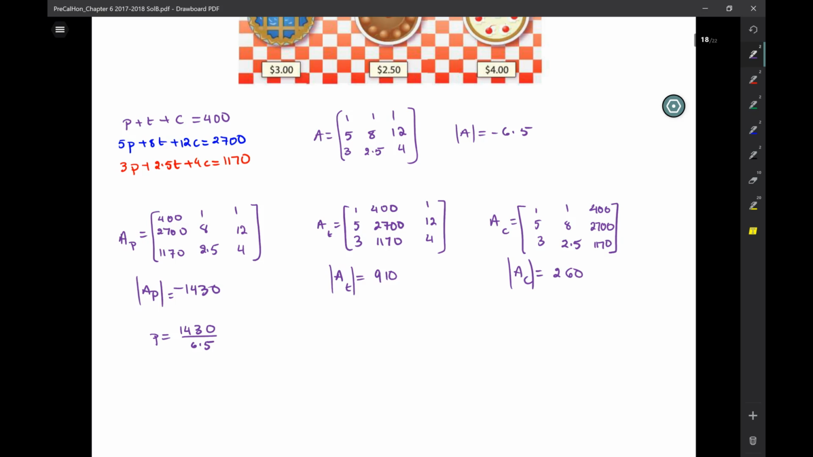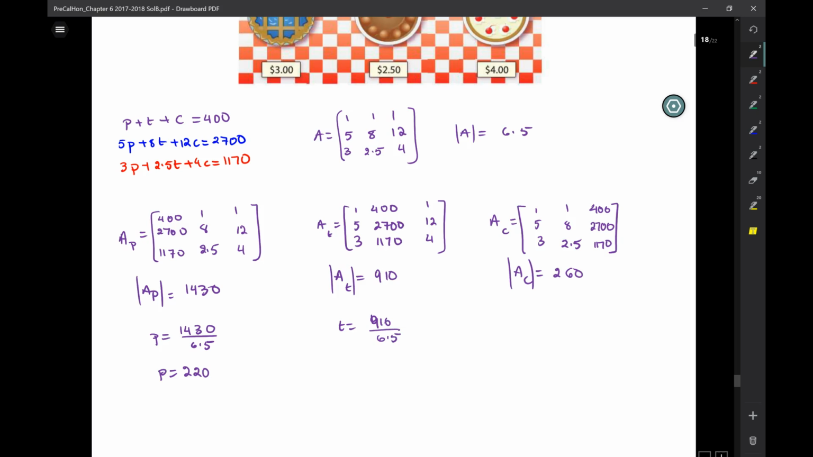Oh. So it would be positive. Then all of these would be positive. Yeah. He had his rows different. The solutions come out the same, but since I said that, the solutions will be positive. So how much did we get for P? 220. And for T,